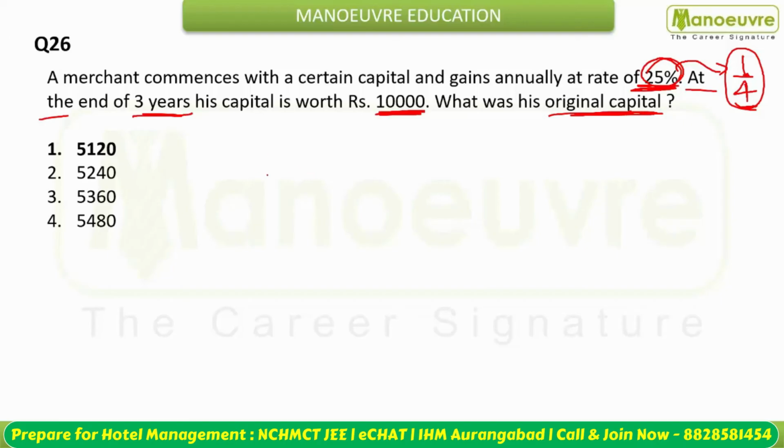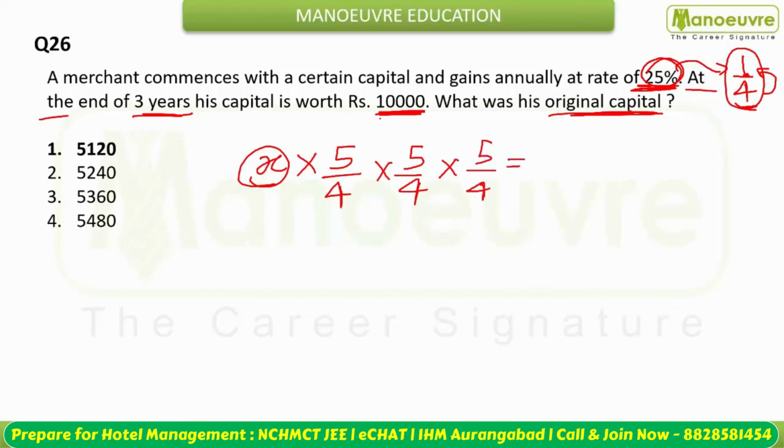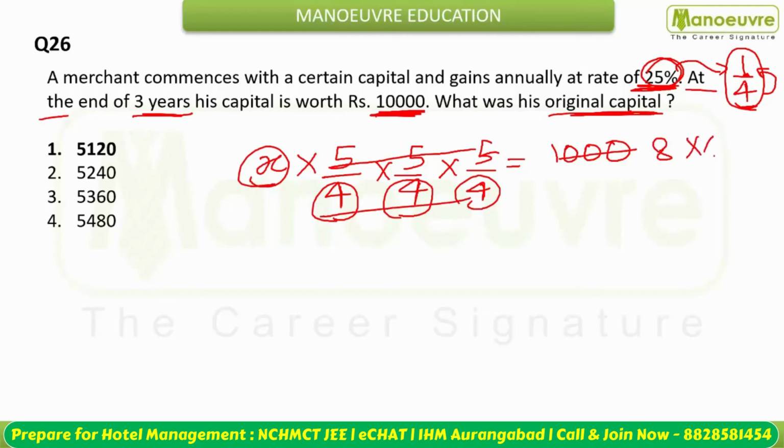Or you can say initially, let us assume his amount was x rupees. That will become what? That will become 5 from the 4. 4 से कितना बनेगा? 4 में 1 इंक्रीमेंट लेके 5 बनेगा. Similarly for 3 years this gonna happen, and finally this becomes 10,000. So now you can cancel the 5 cube, 125, with this at 8. 8 पे cancel हो जाएगा. Now 4 into 4, 4 cube is nothing but 64. So you're gonna multiply here with 64.